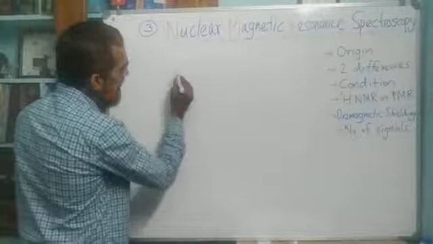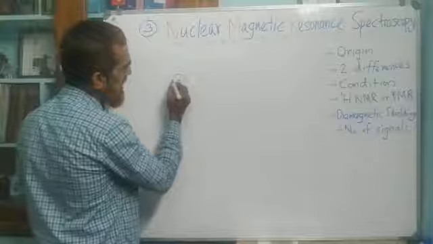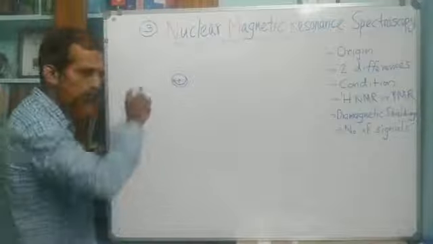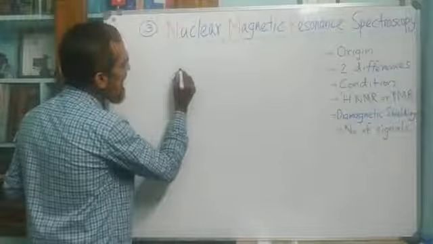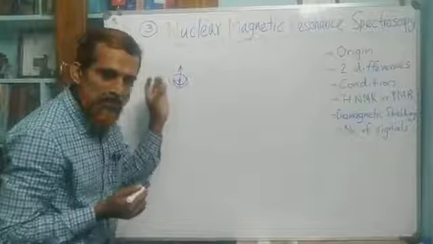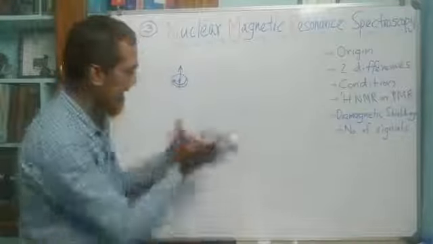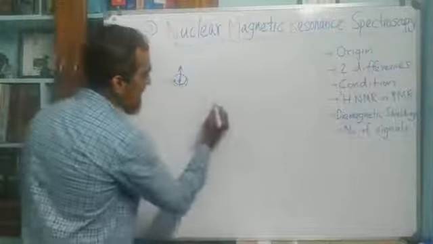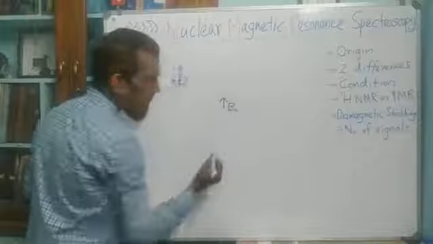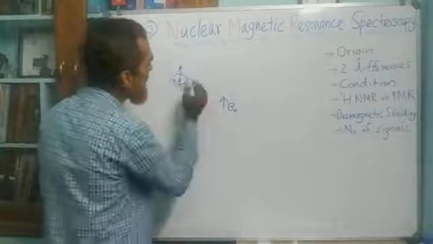This is a positively charged nucleus and suppose it is spinning. It will create a magnetic field. It will have a magnetic moment. Now, such a magnetic nucleus is kept in an applied magnetic field. We have an externally applied magnetic field, B0. What happens? This magnetic moment will take up different orientations,